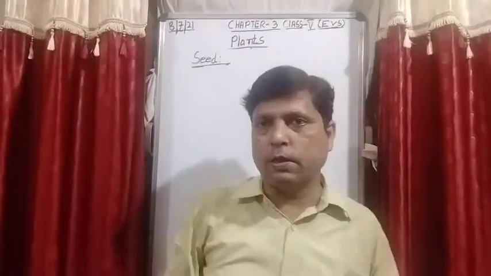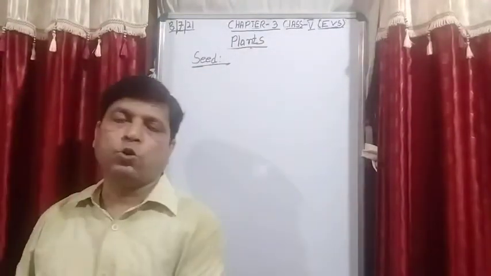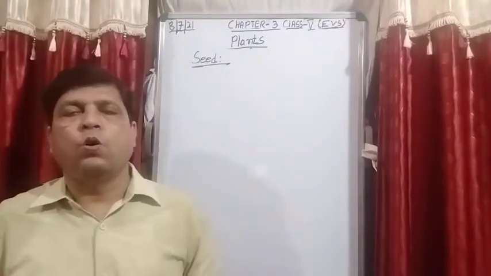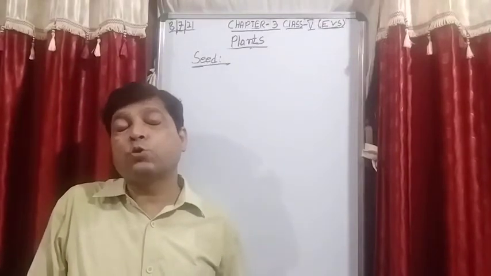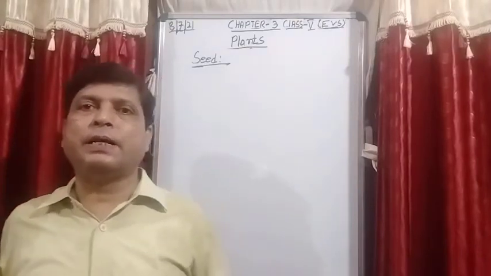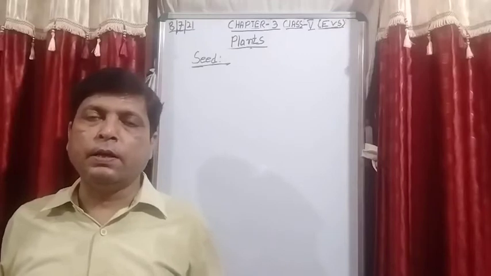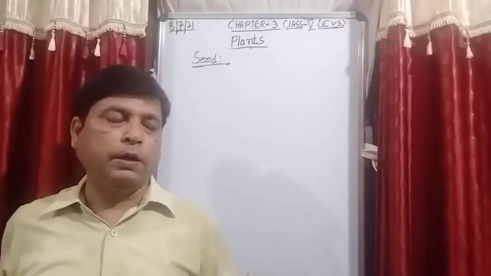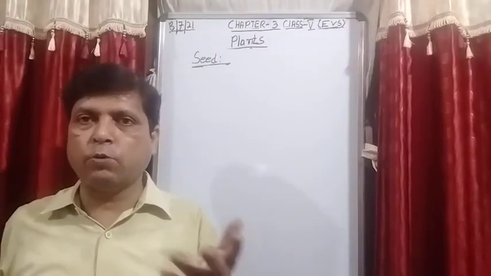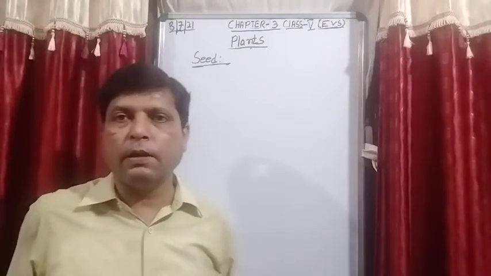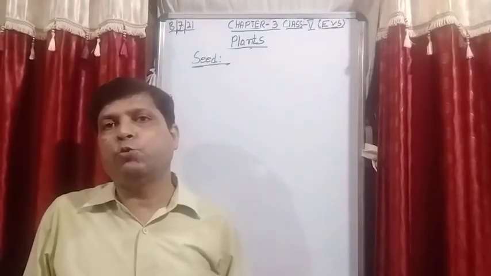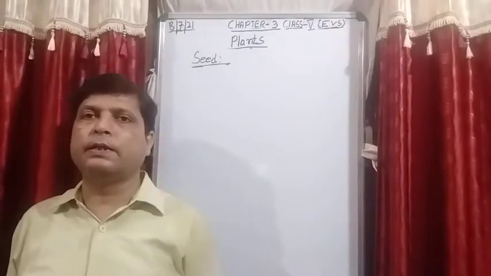So the next topic which is given in your book is seed. Every plant has seeds. When we are talking about the seeds of the plant, the size of the seed is not the same in all the plants. And the number of seeds present in the fruit is also not the same. In some fruit the number of seeds present is only one. Can you give the name of that fruit? Yes, very good. Mango, because this is the season, a time when you are eating lots of mangoes. When you eat mango, you will find there is only one single seed in mango.